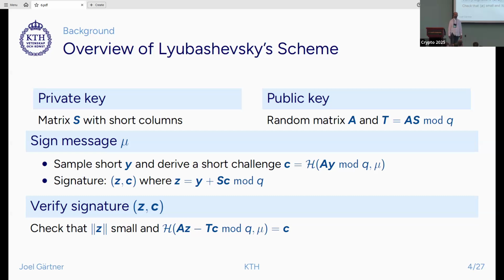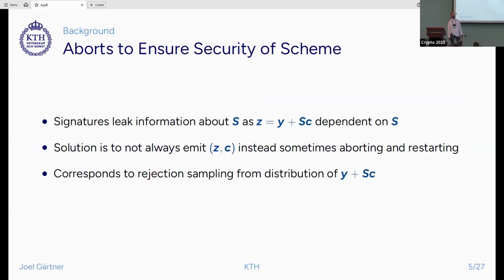As presented, this scheme is, however, not secure because every signature leaks some information about the secret key. This is the case because the signatures contain the Z vector, which is given as Y plus SC, and it therefore follows a distribution that is dependent on secret information. If an adversary collects many signatures, they may therefore be able to recover part of or the full secret matrix S. Lyubashevsky's solution to this problem is to not always emit the constructed signatures, and instead